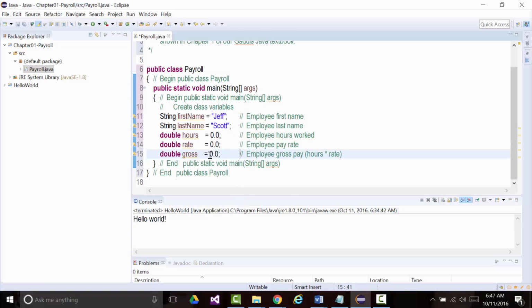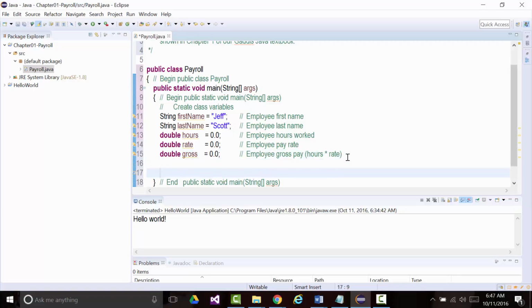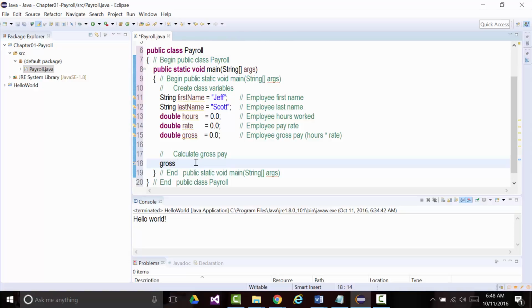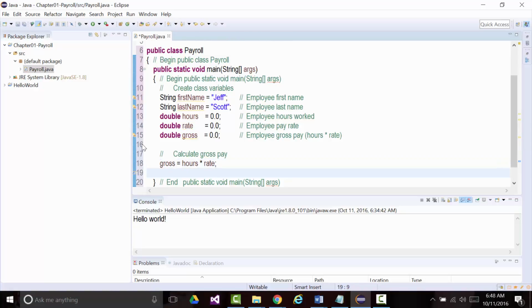You'll notice I'm a little anal about at least trying to line things up. Doesn't make the program run any better, doesn't make the program run any worse. So I've got these little yellow things here, which are warnings that I've created 5 variables that I'm no longer using. Well, notice now, as soon as I say calculate gross pay, and I say gross equal hours times rate, as soon as I hit enter, notice that 2 of them go away, because they're being used on the right-hand side of an equal